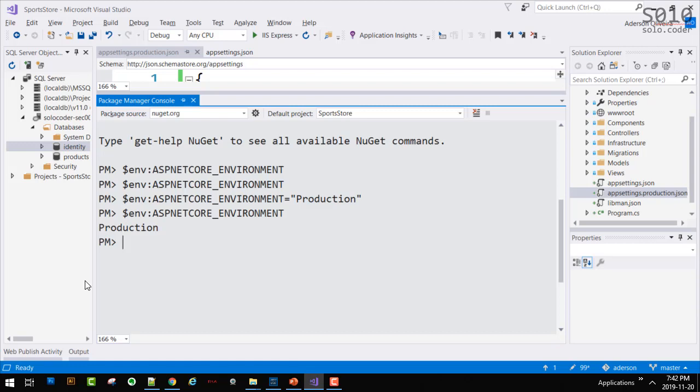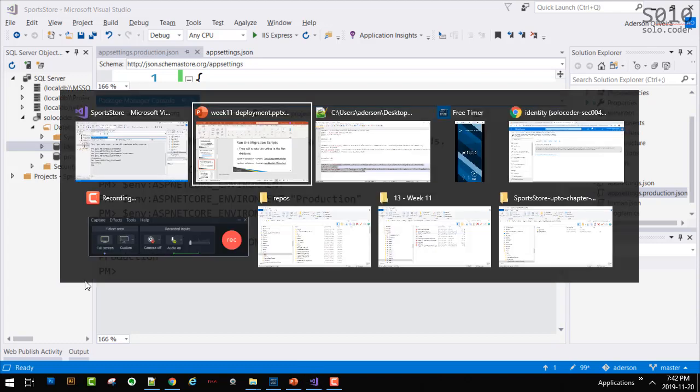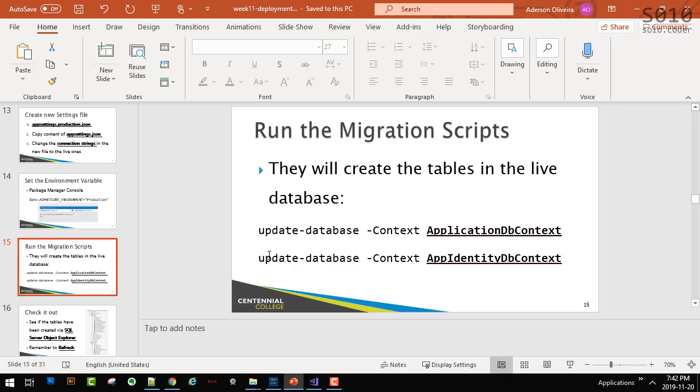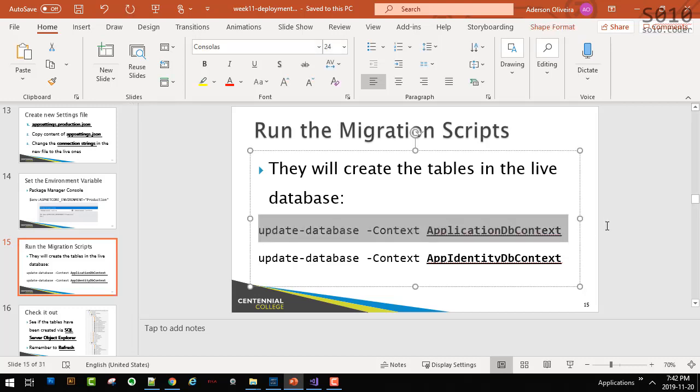Let's give this a try. Let's try to run this. So we have the set command, and again, without the equals, package manager will just read the value. So if I hit enter, it's just telling me the value of this is production right now. Okay. Now I'm going to run the first one here.